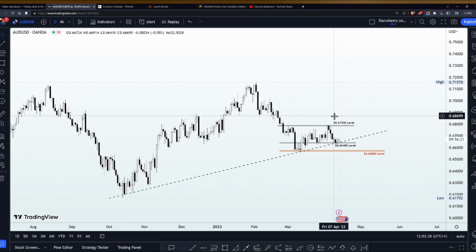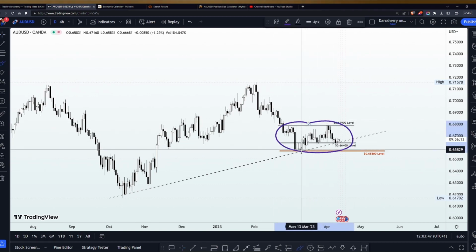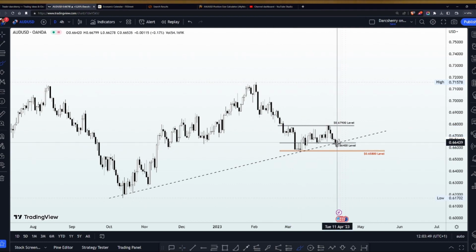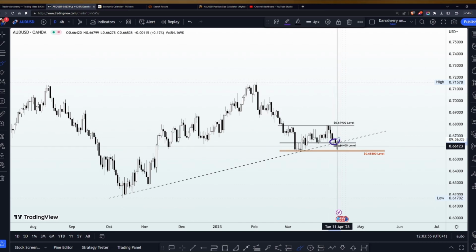So I will be giving this a different color so that we can acknowledge the importance of that structure there. So right now you can see how things are playing out. So we have a channel between the 0.67900 level and the 0.65800. Now if we zoom in on what is happening around this area, we are right along the trend line, which also shares a beautiful confluence with the